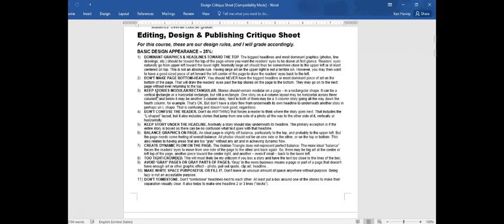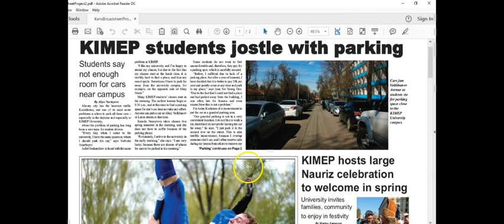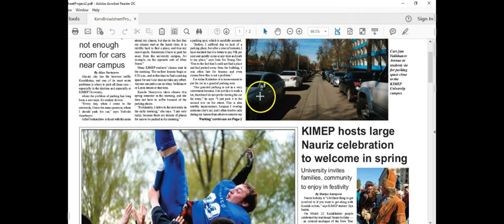You need a center of focus, which almost by definition means you need a bigger picture. If you don't have one picture that's substantially bigger than other ones, then you don't have a center of focus. Well, it's hard to come up with a center of focus. Let's take a look at mine. I think I apologize because I don't think I had enough of a center of focus. But let's